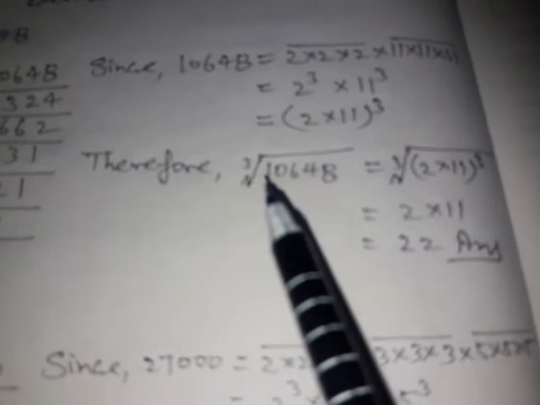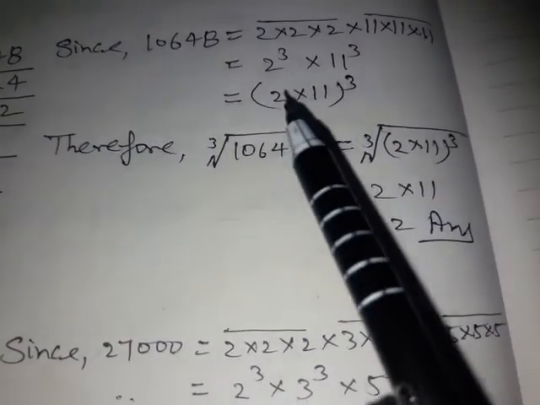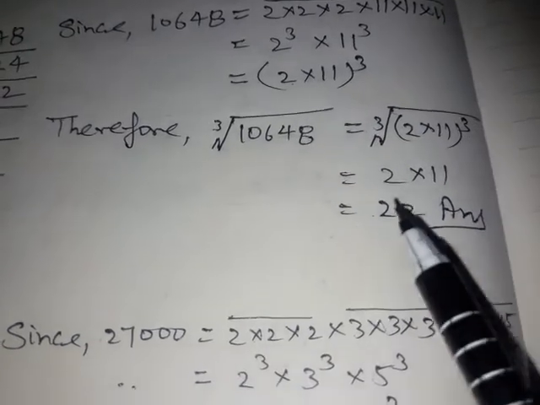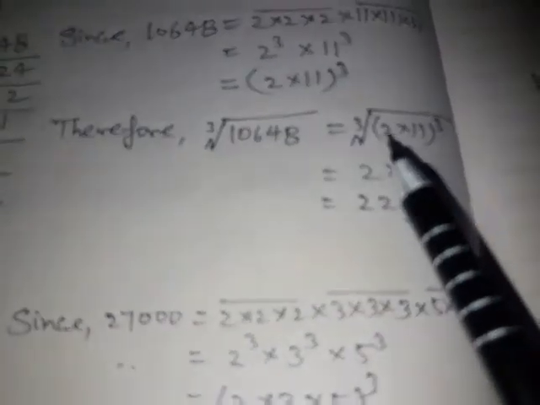Therefore cube root of 10,648 is equal to cube root of (2 into 11) whole cube. Now write it 1 time: 2 into 11 is equal to 22. It is the answer. Similarly, next question,